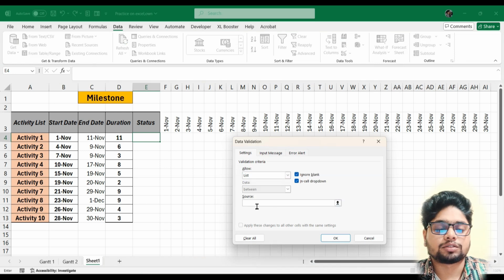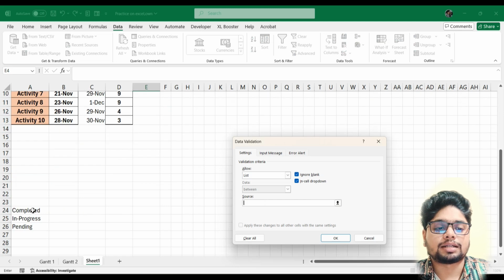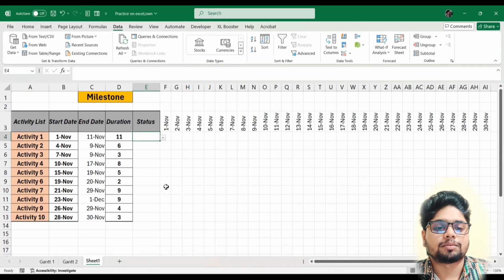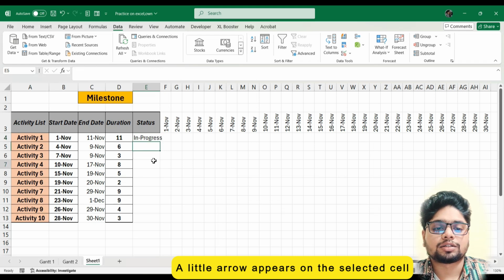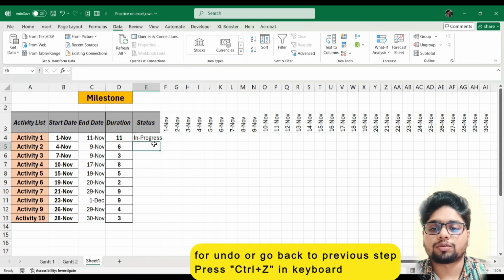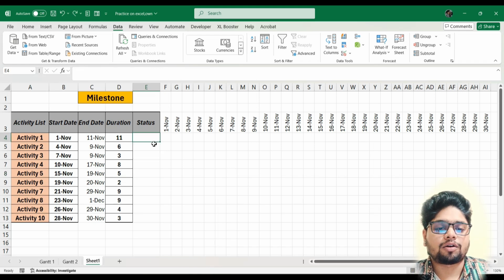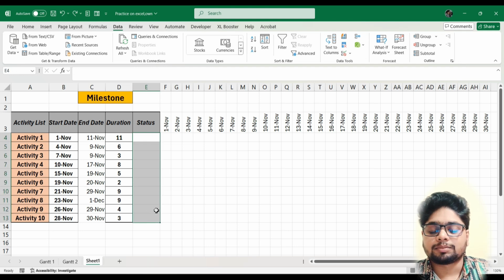In this source you can type, or I will give this range, as I have typed beforehand. So I will click OK, and you can see that it's coming, but it's not coming in other cells. So I'll press Ctrl Z to undo, and now I'll select all these cells and I'll press the shortcut key,